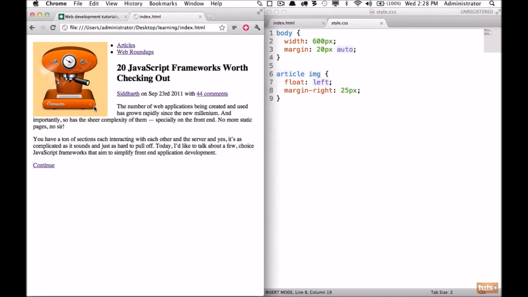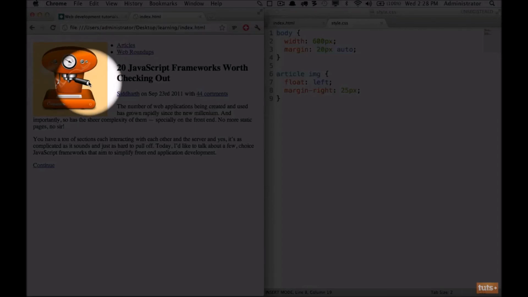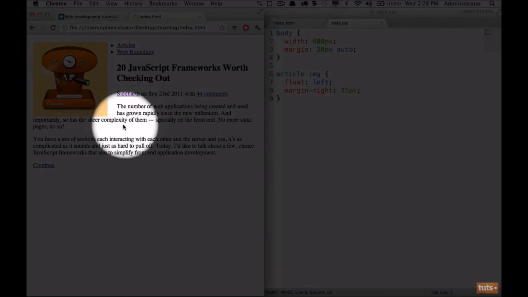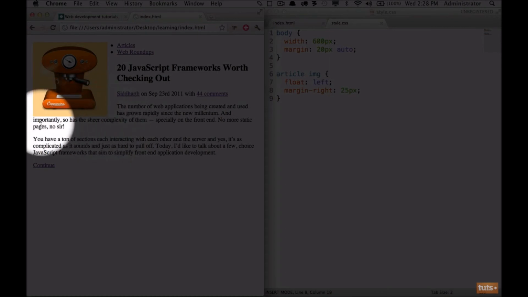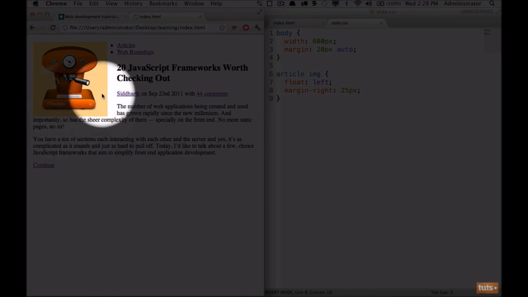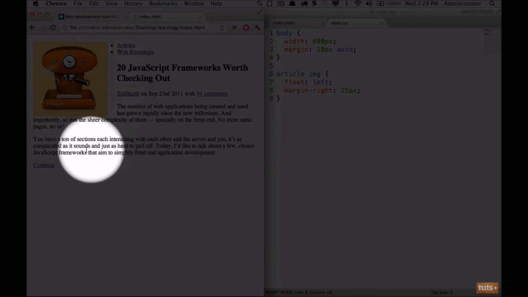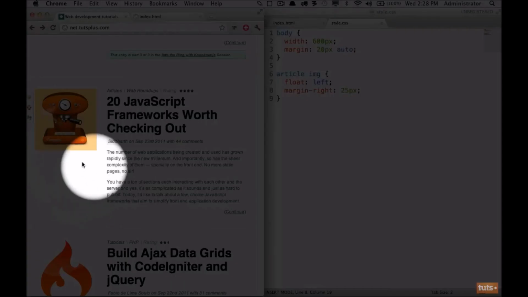But notice now, this is what I was referring to. We floated the image to the left successfully, but then once the text gets below the image, the float is no longer effective because the image has completed and the text continues as it would before. So what we really need is a way to have a whole block to the left. That way anything below the image is blank, as you can see right here. So